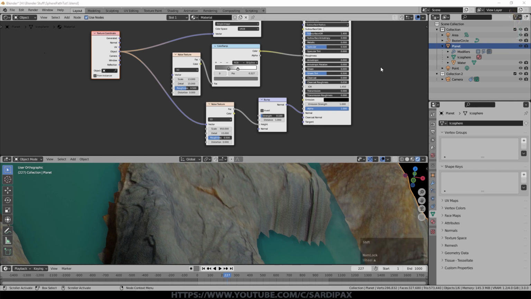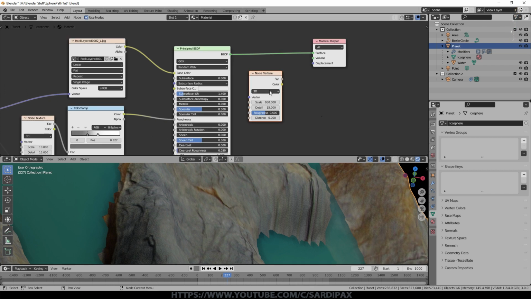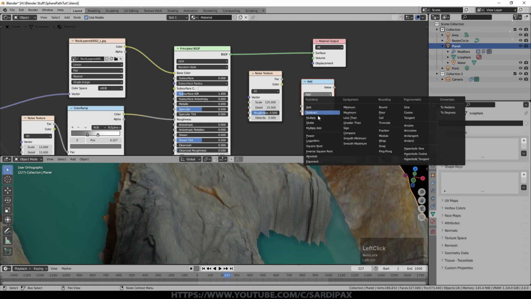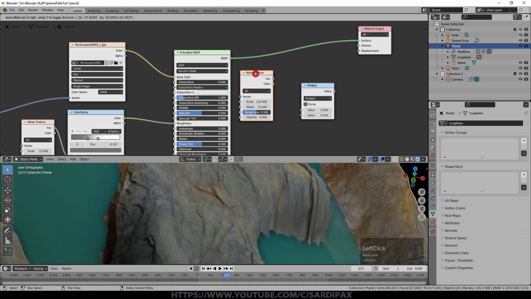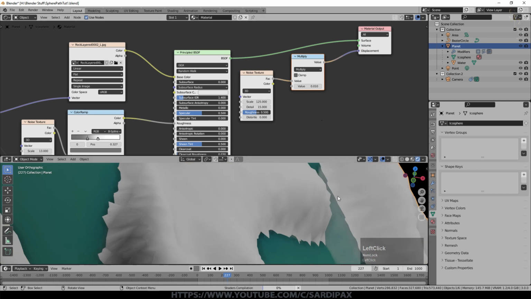And then finally, for the last bit of additional detail, another noise texture. This one I set to 125, add a converter, which is a math node, set that to multiply and set the lower value. I set it to 0.01. It's dividing it really, it's multiplying it by 0.01. Take the factor into one side and then take the output into displacement. And again, that adds some additional noise.